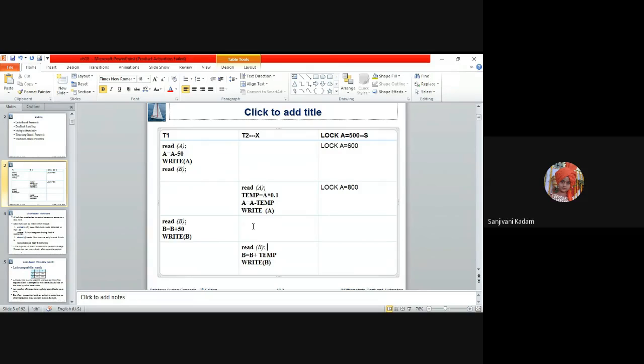So conflict serializable says that if we are able to interchange statements without modifying the actual result, then we can say that the schedule is a serializable schedule.